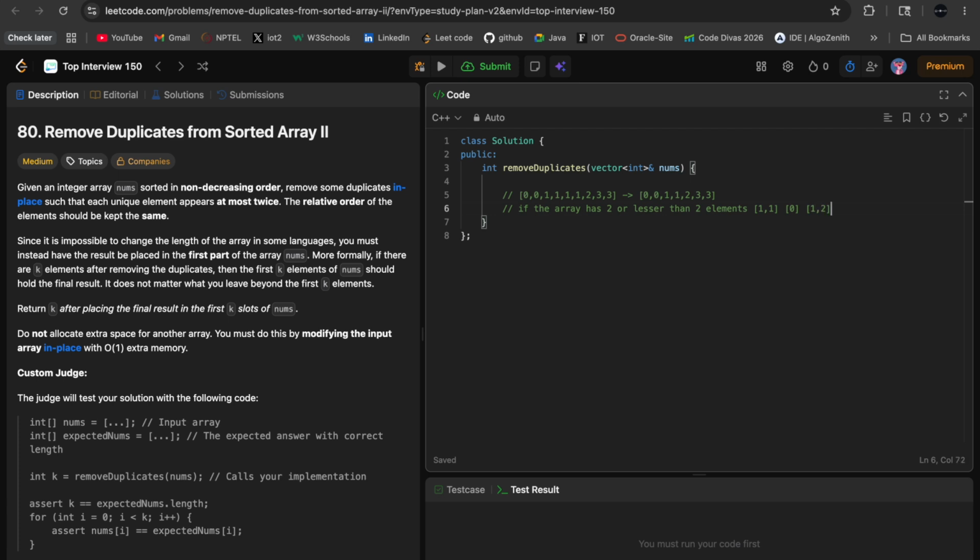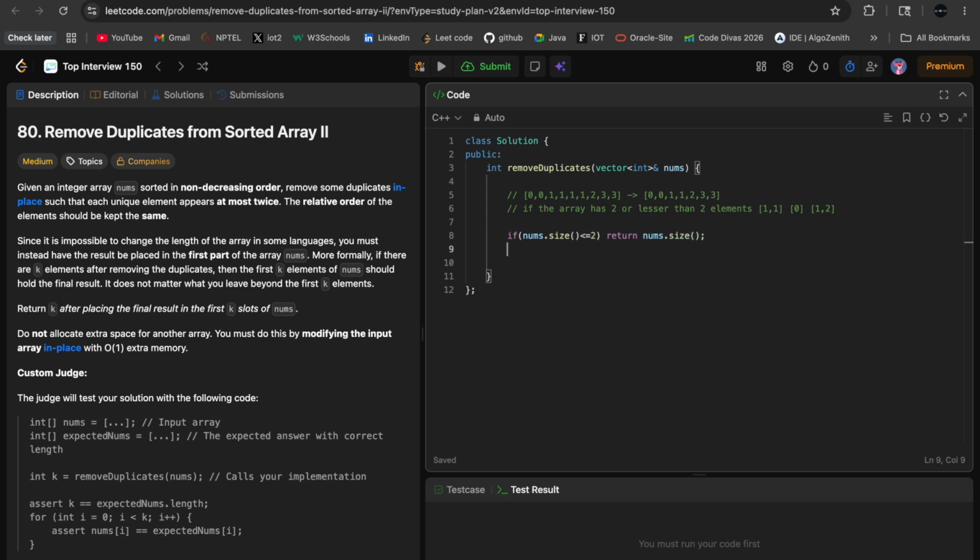No matter how many variations of 2 or fewer elements there are, that shouldn't be a problem, because each unique element appears at most twice, right? So we can simply return the size of nums array if nums dot size is less than or equal to 2. So this is pretty much it. This was the edge case that we needed to take care of.